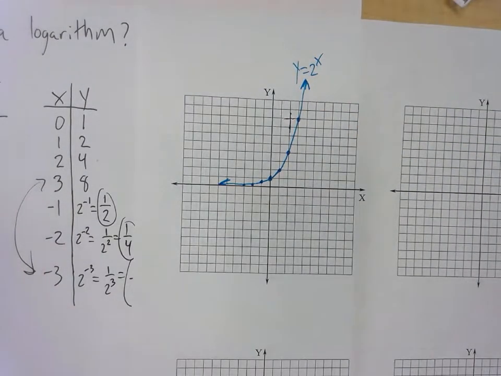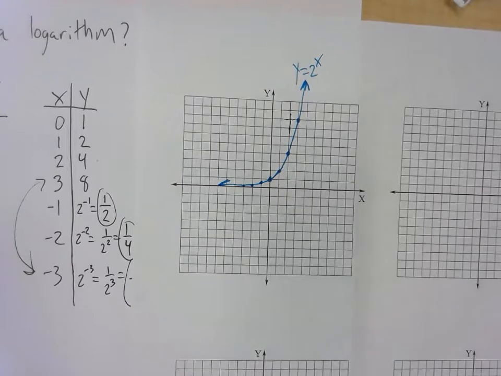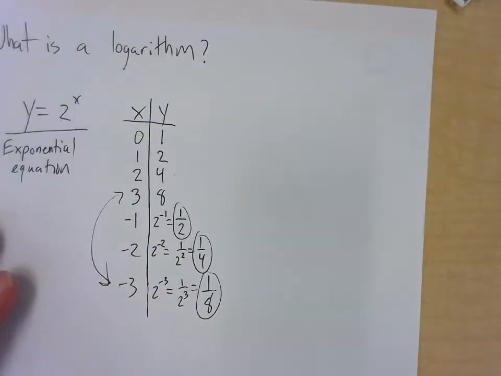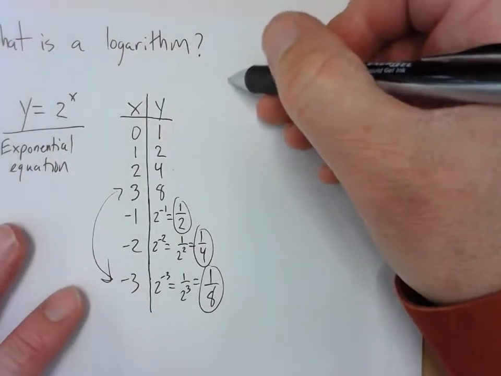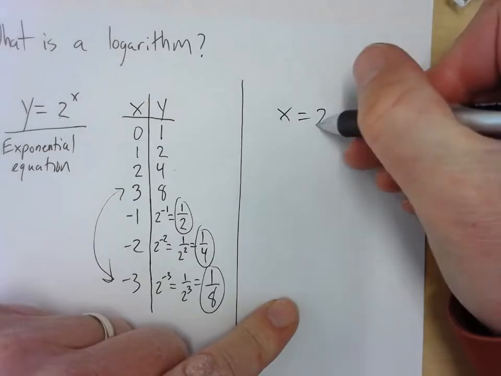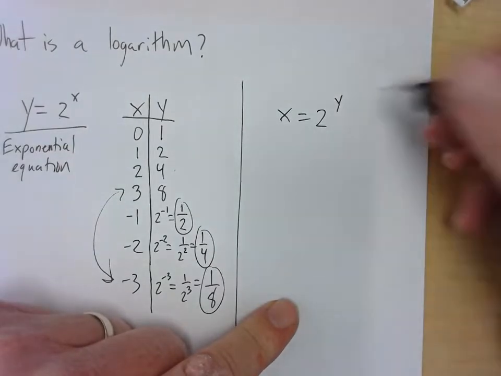Now, switch x and y. The opposite of exponential is some other function. To figure out what that function is, we switch x and y, solve for y. That's how you find the inverse. You make the input the output and the output the input. So let's go back to the white paper with the black writing on it. Now I'm going to switch and make it x equals 2 to the y. So that would be the inverse